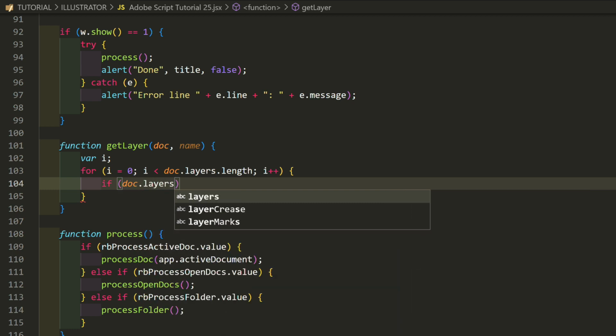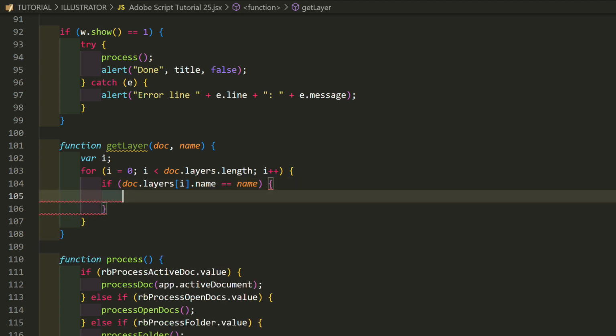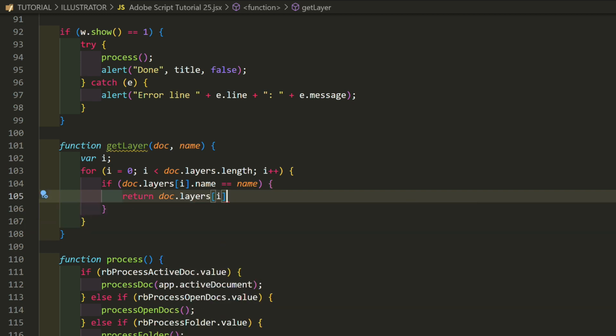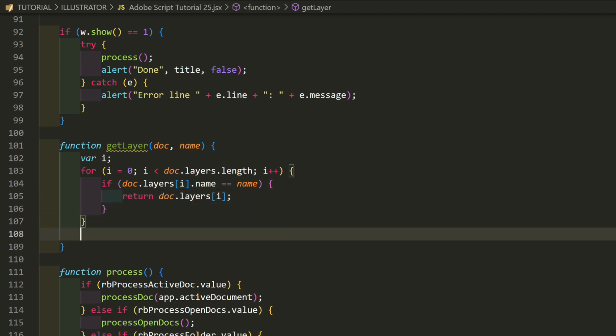If doc.layers[i].name equals name, we found it. Return the layer object. Return doc.layers[i]. Otherwise, the loop keeps going. If the name is never found, we end up after the loop. Return null.